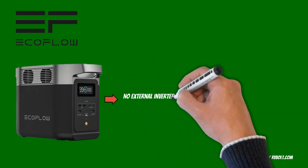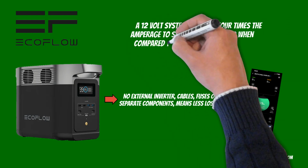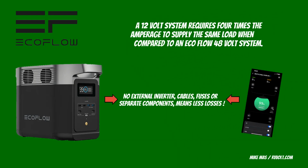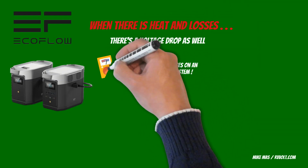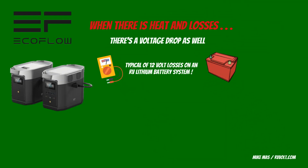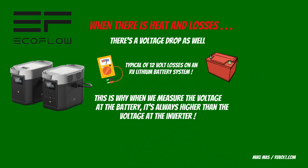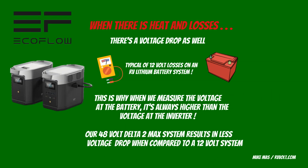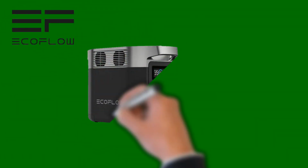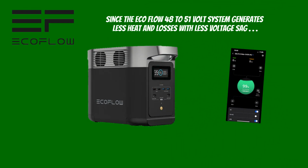As this comparison shows, a 12-volt system requires 4 times the amperage to supply the same load when compared to a 48-volt system. When there is heat and losses, there's a voltage drop as well. This is why when we measure the voltage at the battery, it's always higher than the voltage at the inverter. For this reason, a 48-volt system will result in less voltage drop when compared to a 12-volt system. In conclusion, since a 48 to 51-volt system generates less heat and losses with less voltage sag, the result is